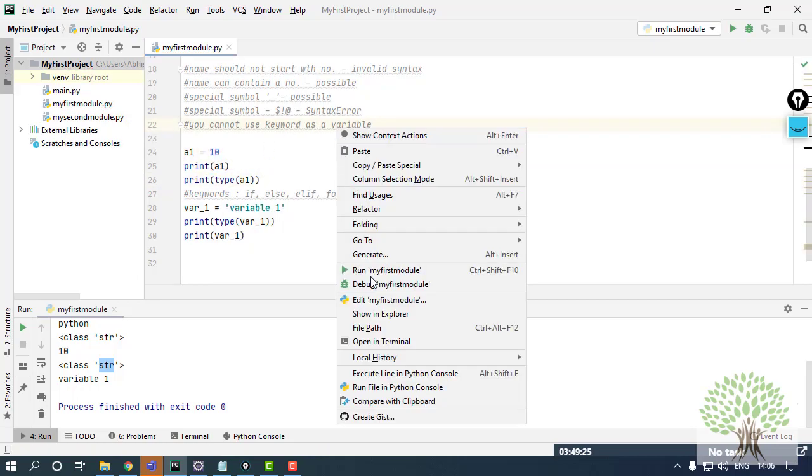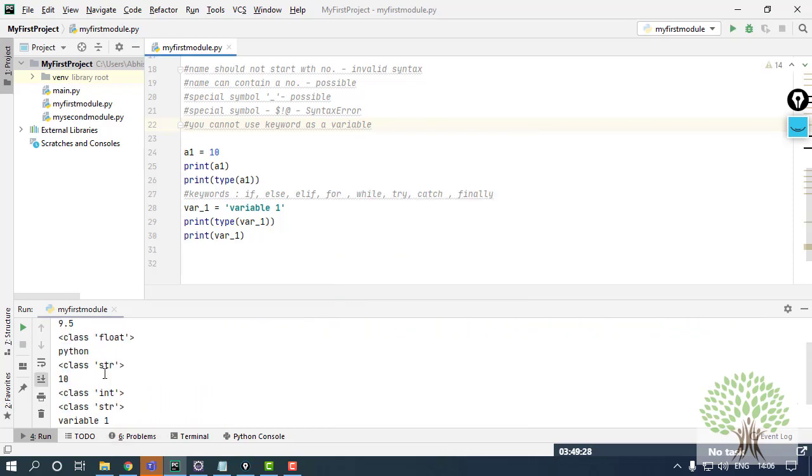So I'll save it and I'll run it. Now you can see over here that I also have a data type integer. The same way, Python also provides you another type of data type, the complex one. Now the complex ones are usually not going to be used throughout the working, but they are complex variables that are defined. Like for example, I have a variable C and I have the value as 5 plus 7j.